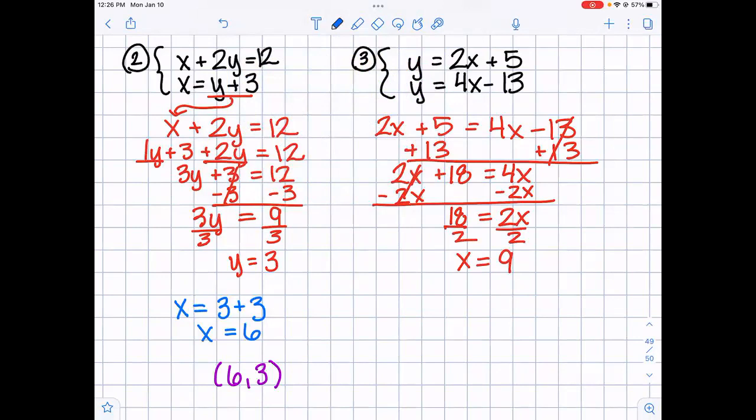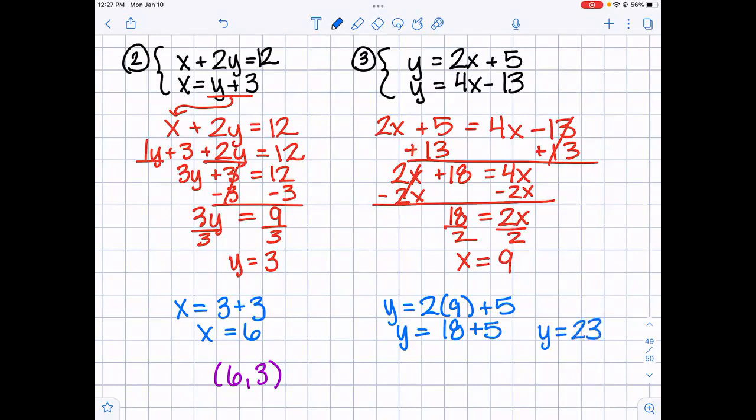X is 9. Does it matter which one of those I pick? No, I always pick the one that looks easier to me, honestly, like save yourself some work, right? Let's do the first one because adding is usually easier than subtracting. Okay, y equals 2 times what's x? 9 plus 5. Okay, what's 2 times 9? 18. And 18 plus 5 is